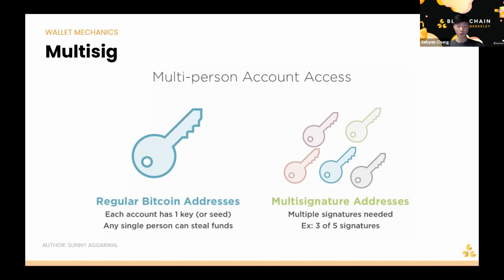And so what this allows you to do is, say you were sharing your wallet with your family or even with yourself. An example of this would be Coinbase. Coinbase provides a service where you can do 2 of 3 or 3 of 5 multi-sig. And so in 2 of 3 multi-sig, you keep 2 of your keys and Coinbase holds on to 1 of their keys. But say I lose 1 of my keys, then Coinbase will step in with their key and help